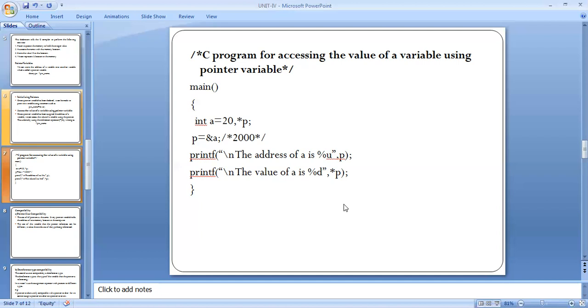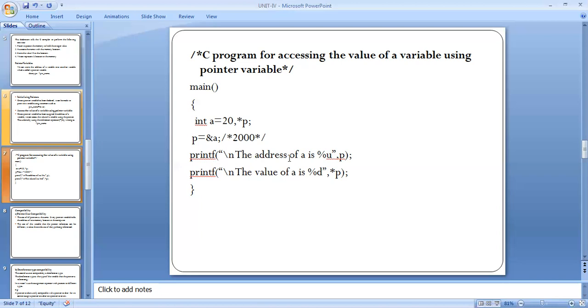The memory location of a is 2000, but the value of a is 20. That memory location is stored in p.